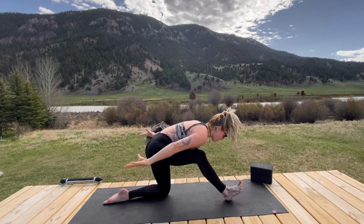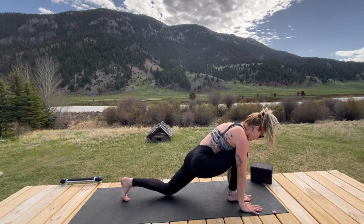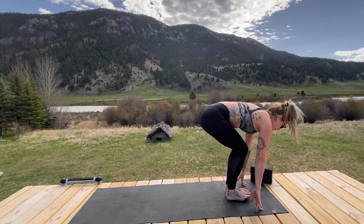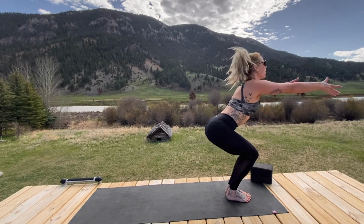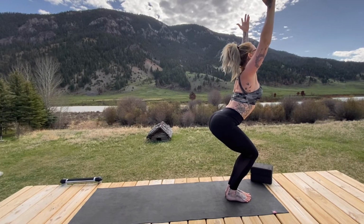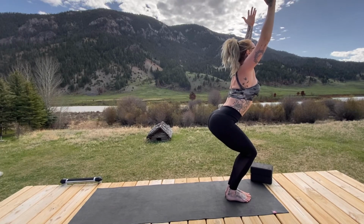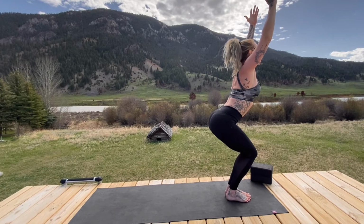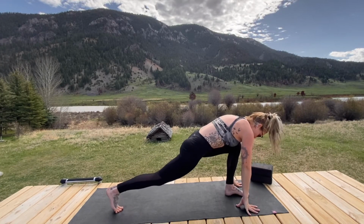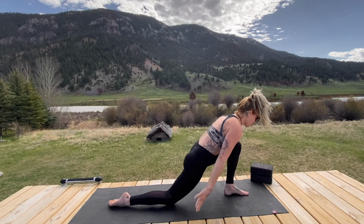And inhale, coming all the way forward, planting our hands, untuck our back foot, stepping up to meet our front foot, coming all the way up into chair pose. Arms are up and open, shoulders are down, sitting back into our heels. And exhale, sweep the arms down, stepping the right leg back, drop the knee, untuck the toe, sweep the arms